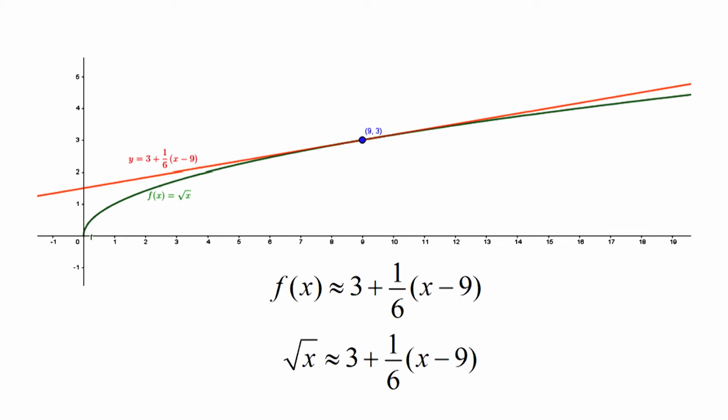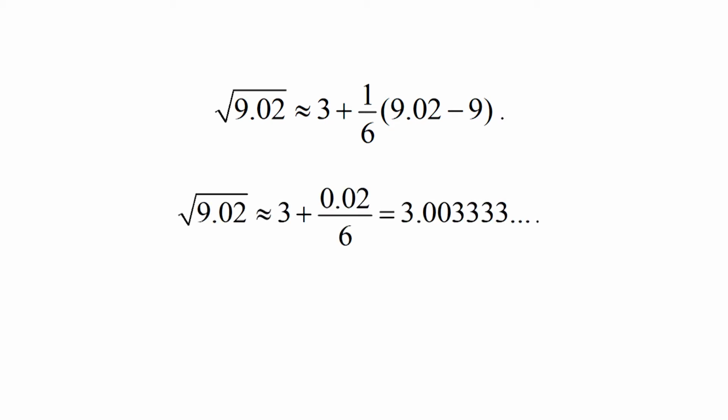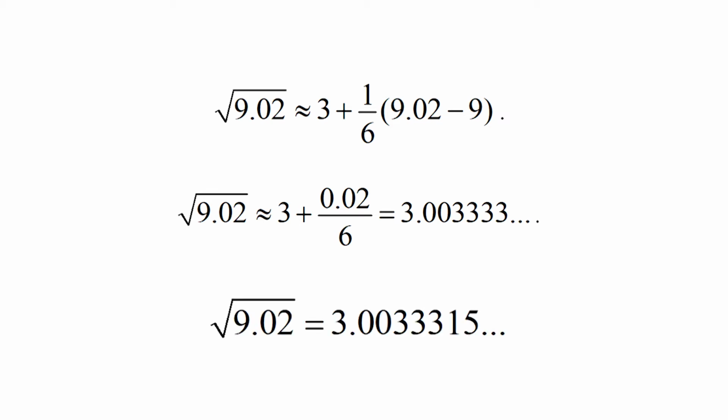Now, to find approximate value of square root of 9.02, we put x is equal to 9.02 in the above expression and get square root of 9.02 is approximately equal to 3 plus 1 by 6 times 9.02 minus 9. That is, square root of 9.02 is approximately equal to 3 plus 0.02 by 6, which is equal to 3.003333, etc. If we calculate square root of 9.02 directly using a calculator, we obtain square root of 9.02 is